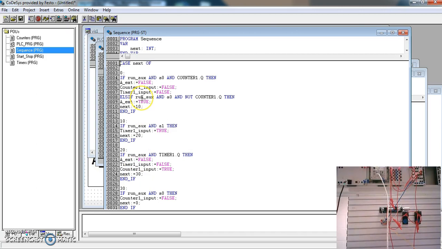So this fixed an issue that I was having with the program from the previous video. The issue was the whole system would work through the cycle fine, but if the stop button was pressed, the system wouldn't start again with the start button. So you can correct yours, and